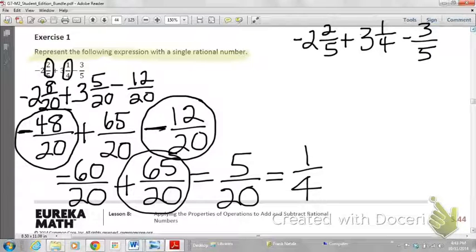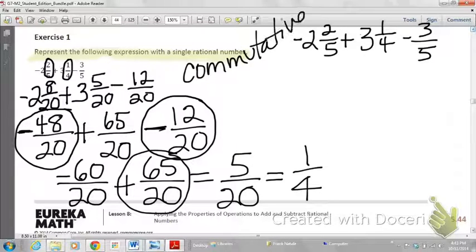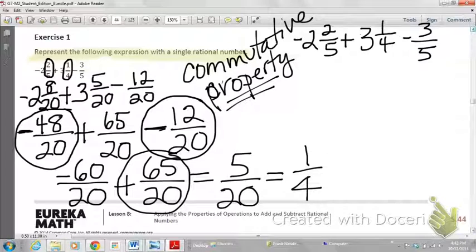Okay, we're going to call something called the commutative property. Now again, the commutative property is on the list of terminology for this unit, or this module. So you can go and check that out. But just to know that commutative property, it applies to addition, it applies to multiplication, and it just says that,